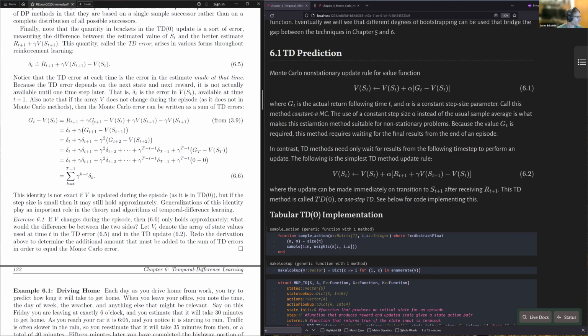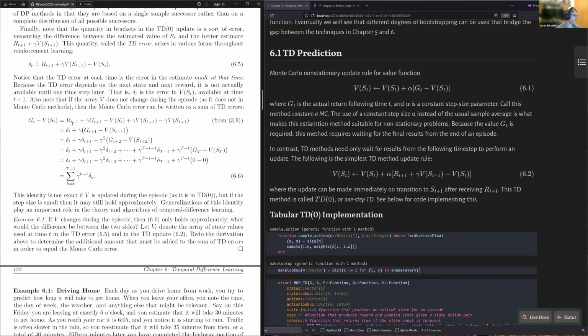You can see that here with this trick where we end up writing this quantity by expanding out G. G of T can always be expressed as the reward plus the G at the next time step, minus V of S of T. Then if we add and subtract the value at the next time step times gamma, which is the discount rate, we can rearrange the terms,